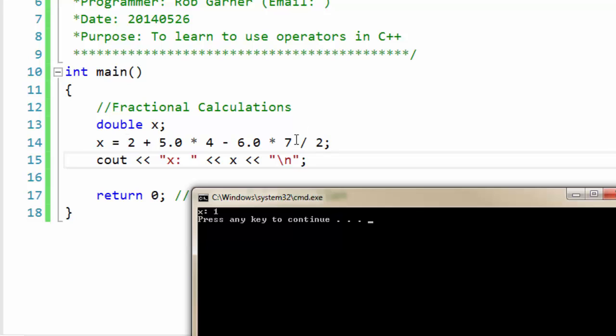Well, what it did is there's an order of operations that C++ performs, and in this case multiplication and division as a whole are done first, and then addition and subtraction are done next, and within that context operations are done from left to right. So if I look at this formula,